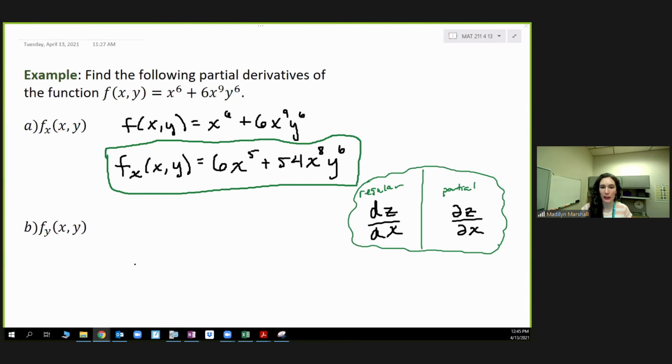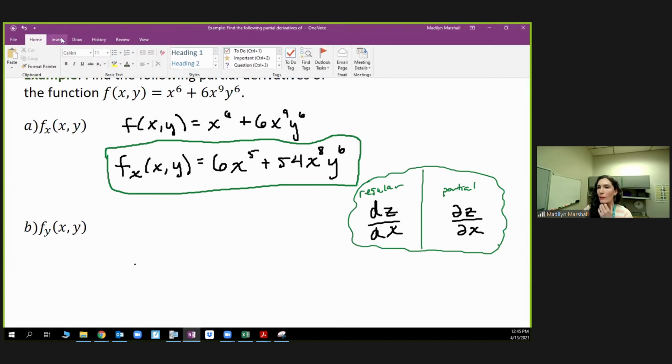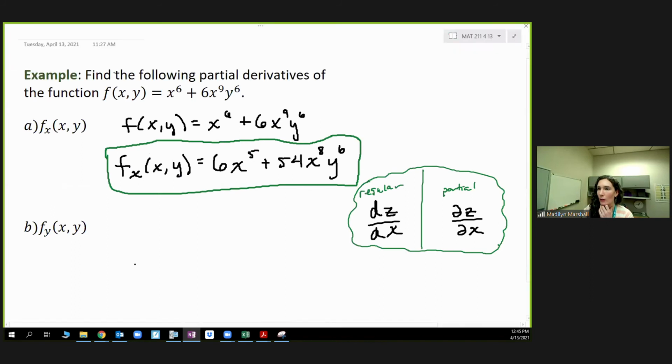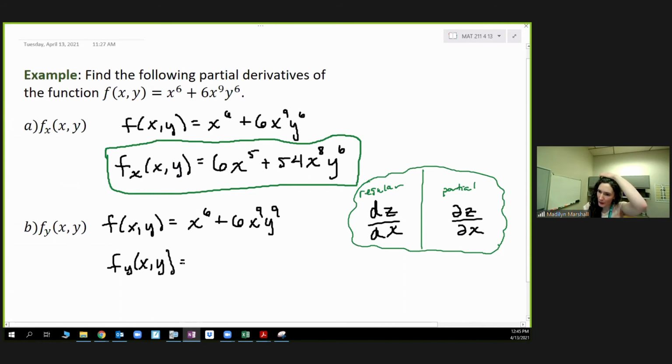All right, let's look at this together. So I'm going to write our function again. So we have f of xy equals x to the 6th plus 6x to the 9th, y to the 6th. So in this case, we're switching notations here. If we're doing just the derivative with respect to y,